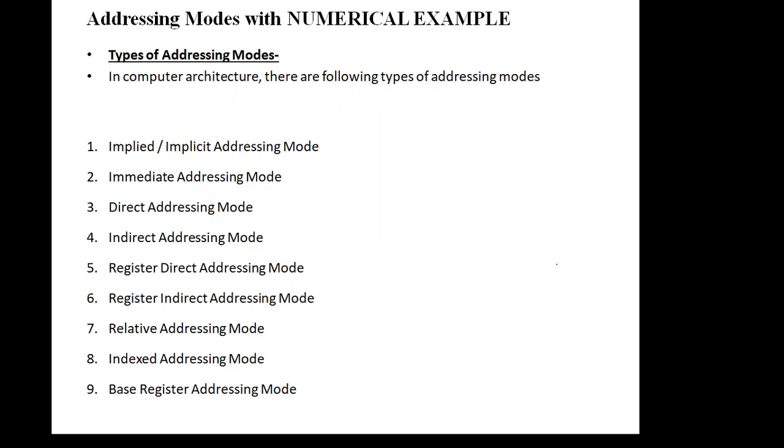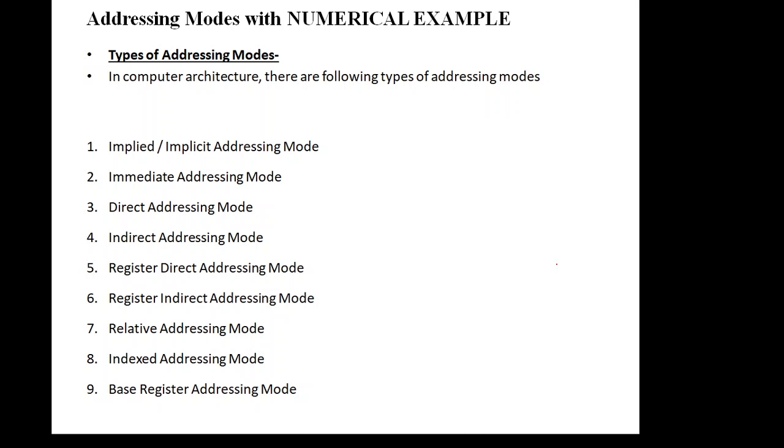So in the last class we have seen what different addressing modes we have, fine, like implied addressing mode or implicit addressing mode, and the next one is immediate addressing mode. How they are going to affect the memory, we will see in today's class. Fine.